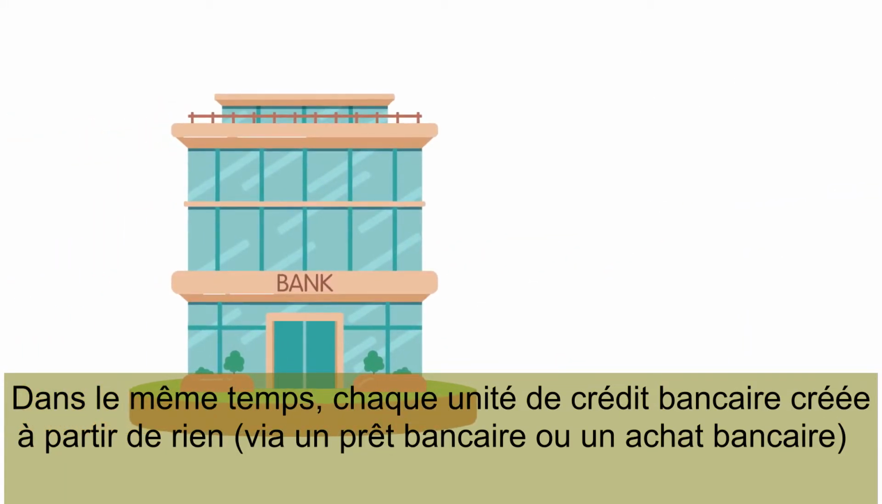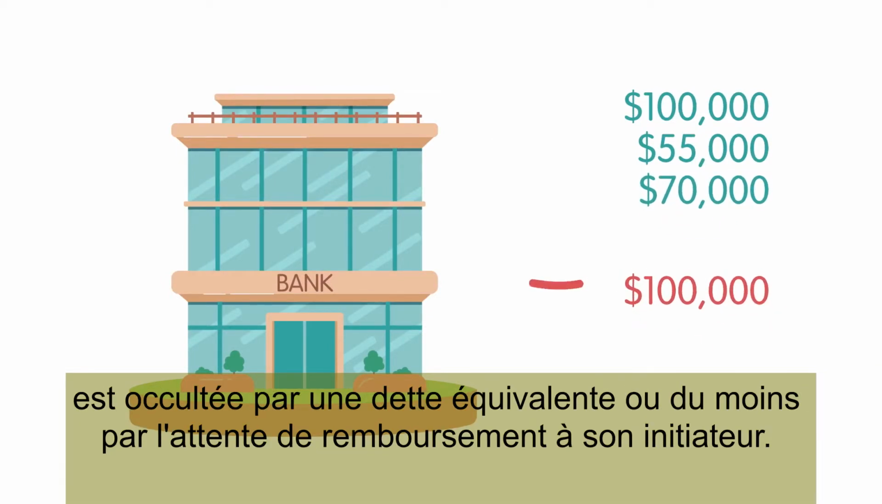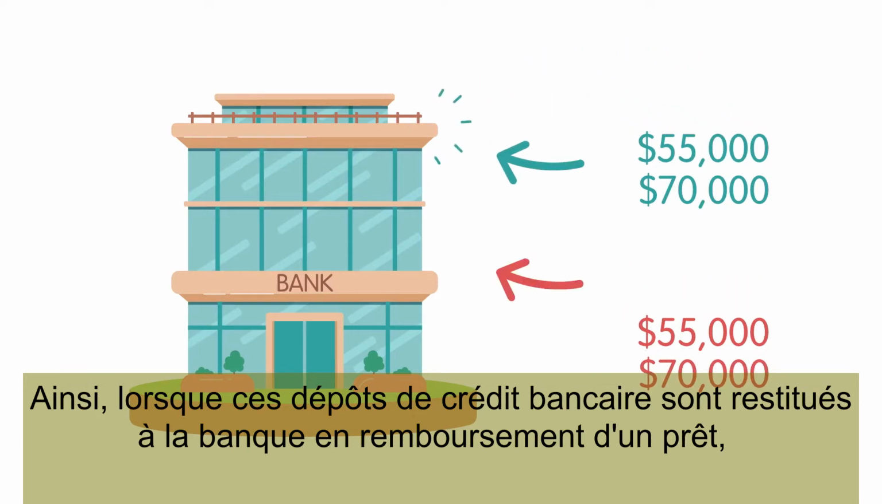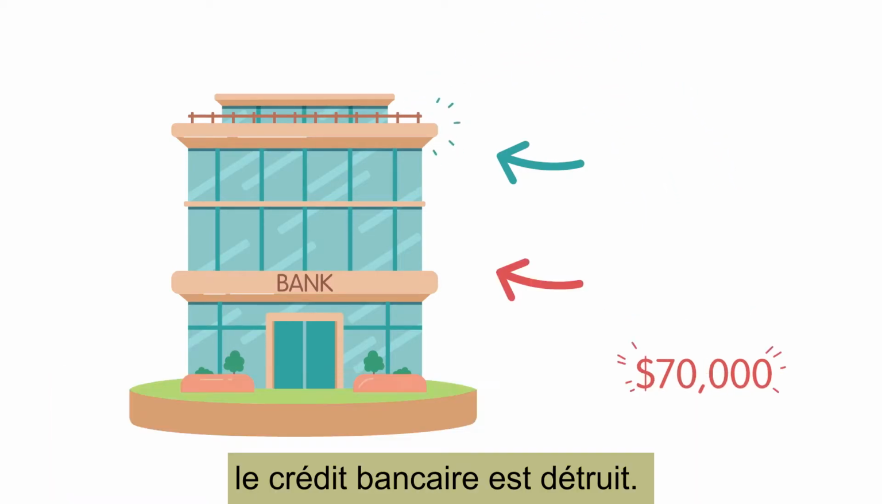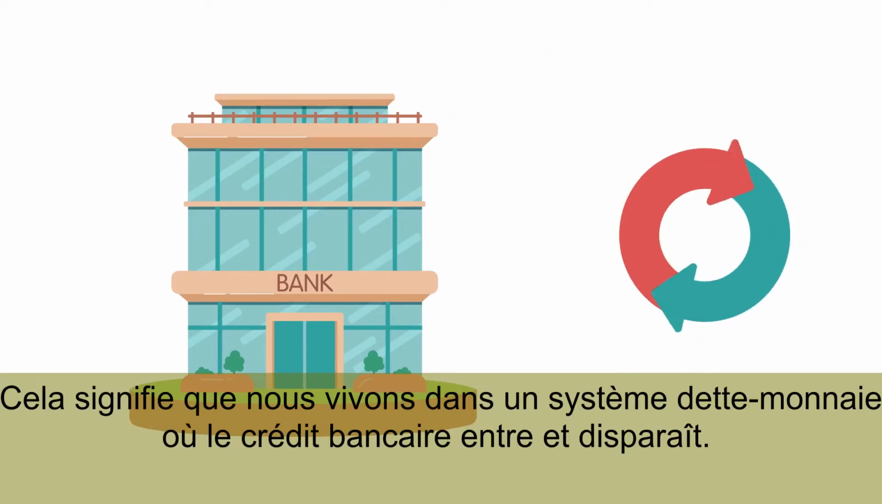At the same time, every unit of bank credit that is created out of nothing via a bank loan or bank purchase is shadowed by an equivalent debt, or at least by the expectation of repayment to its originator. Thus, when these bank credit deposits are returned to the bank in repayment of a loan, or to purchase a bank-held security, or to cover the costs of banking services, the bank credit is destroyed. What this means is that we live in a debt money system where bank credit cycles in and out of